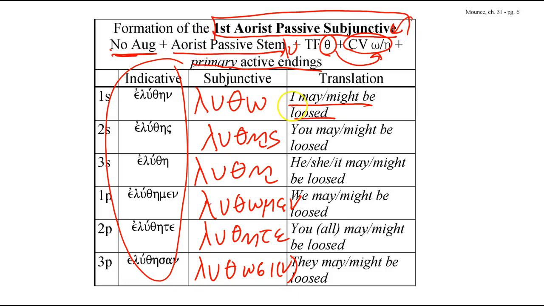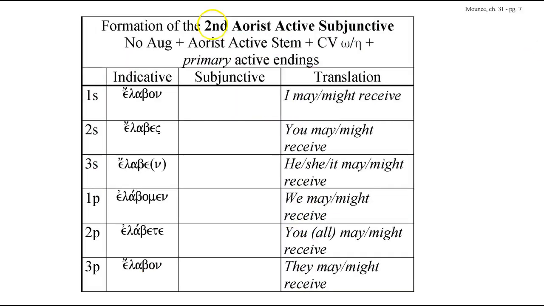Ready? 1, 2, 3. Luo, lueis, luei, luomen, luete, luosi. We do have second aorist forms. So remember that in the principal parts, if